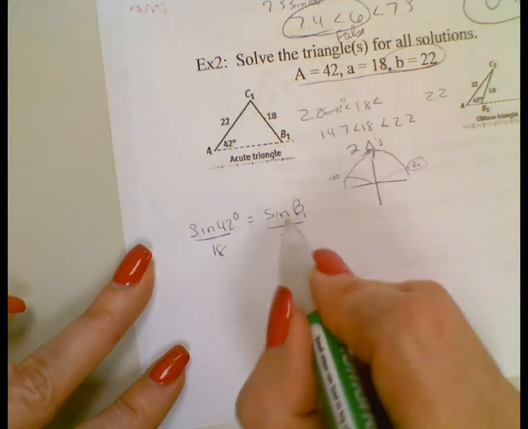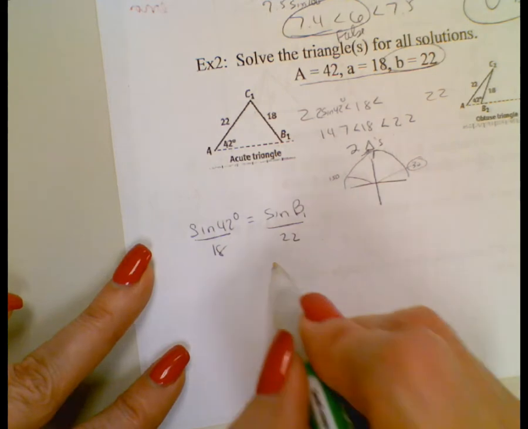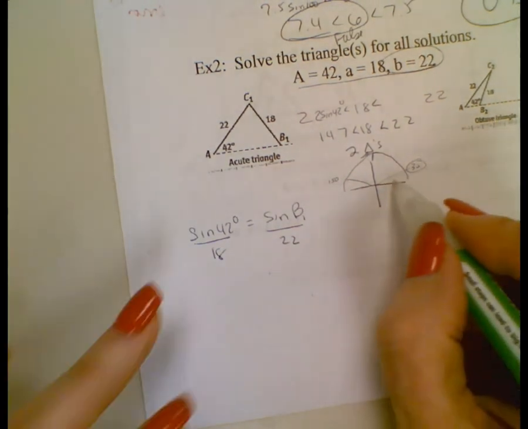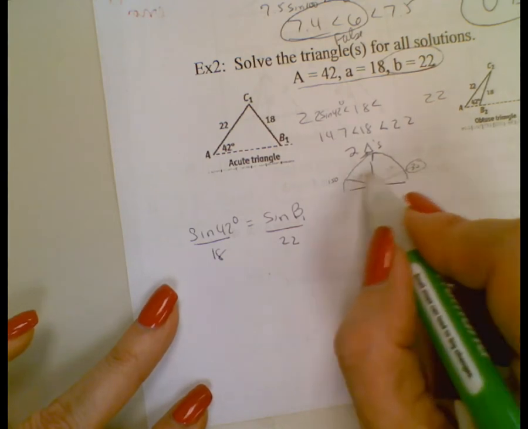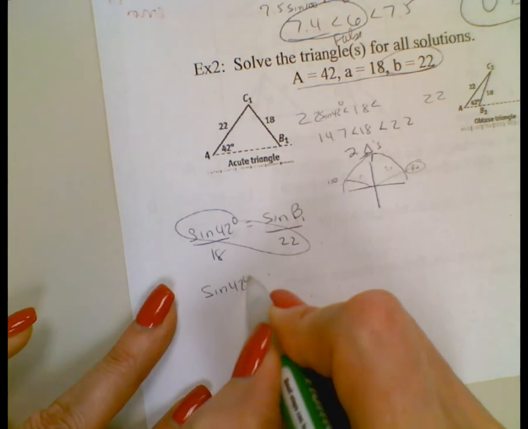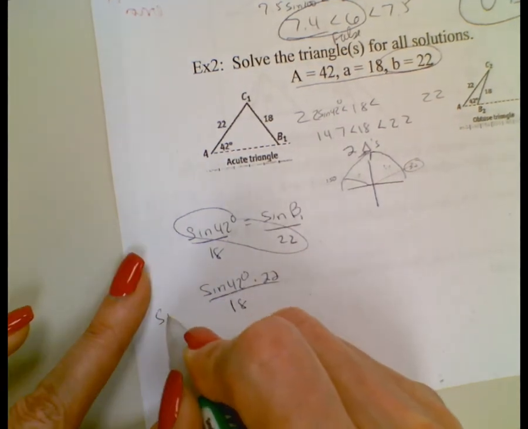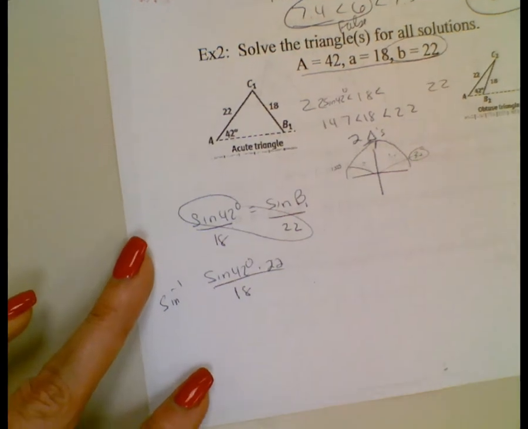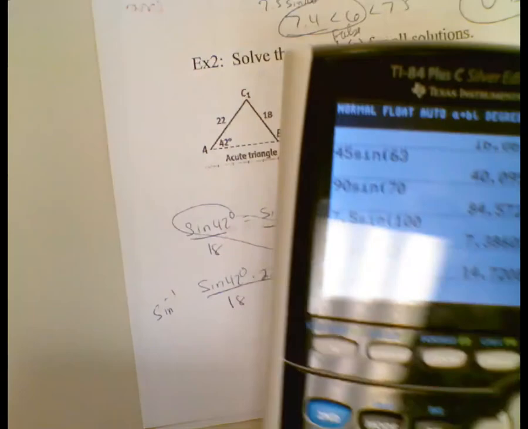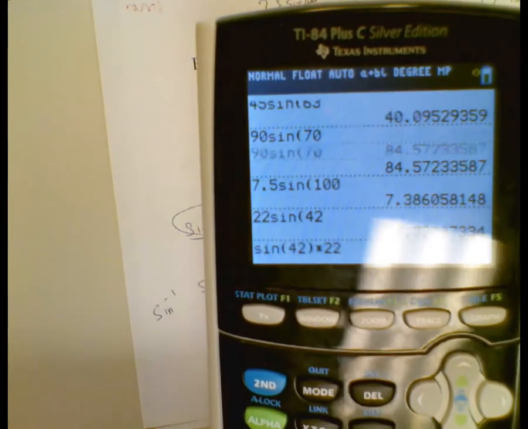Now, everything's going to go from this angle B. The very first angle you find is the most important one because as soon as you find this, you're going to go straight to the second triangle and find B2 by using the knowledge that sine is positive in both these quadrants. So let's start by cross multiplying. Okay, so we're going to have sine of 42 times 22